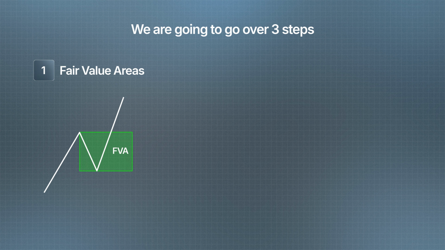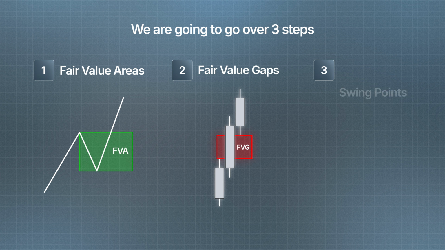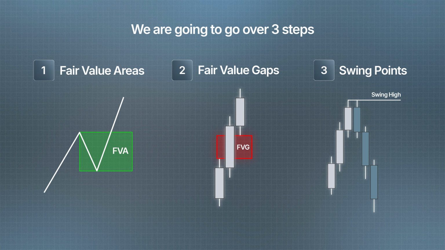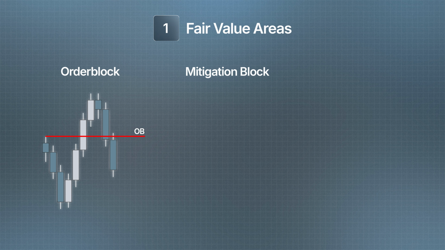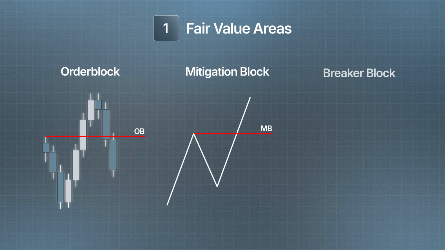We're going to go over 3 steps, where every step is a different PD ray. The first step is a fair value area. The second step, we're going to go over the fair value gap. The third step is swing points. In the first step, fair value areas, that's a gather name for the following PD rays: order block, mitigation block,